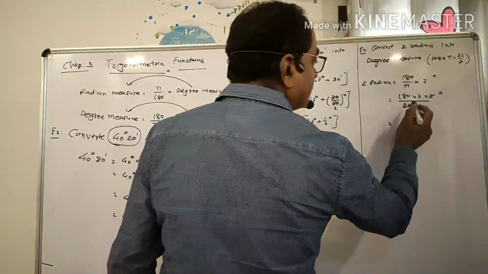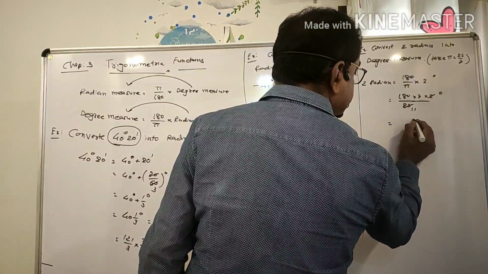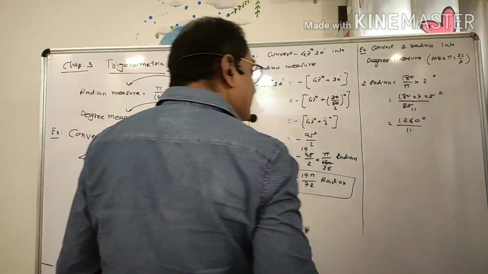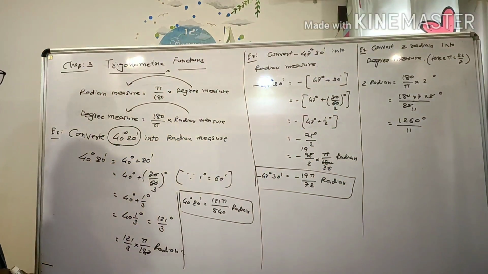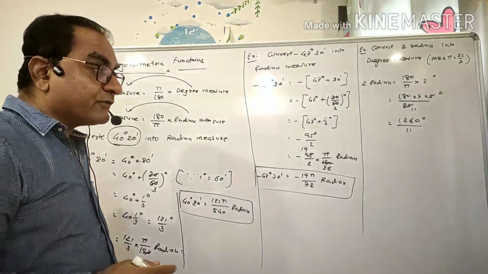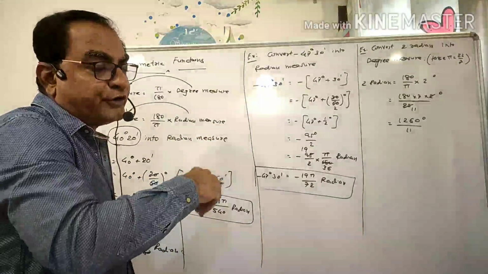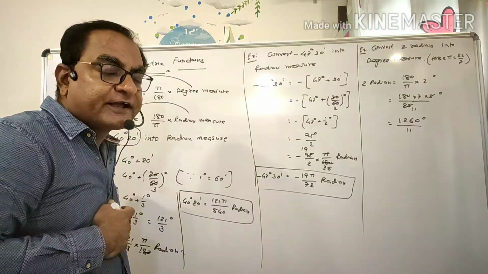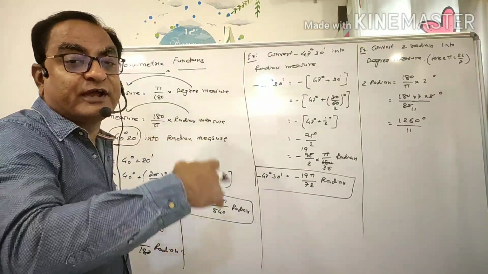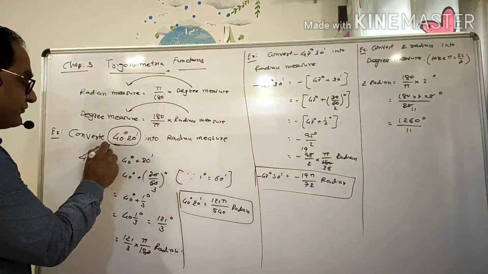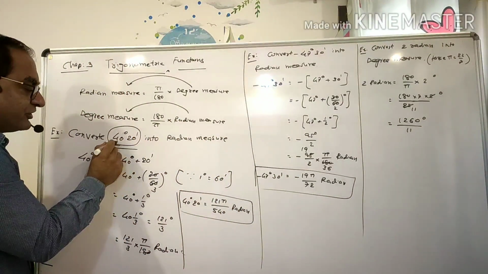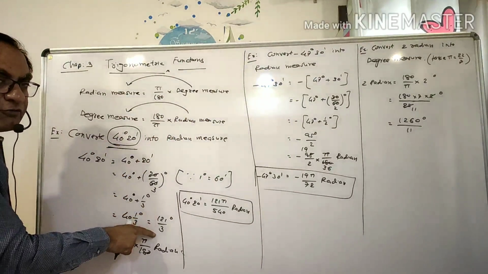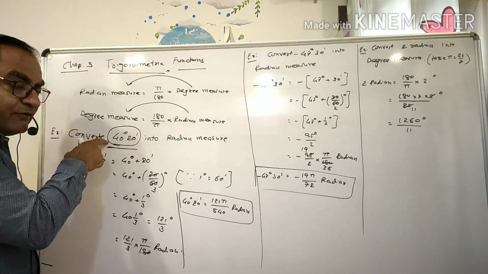so we have to put it like this: 1260 by 11 degree. Here it is 1260 by 11 degree, but it is not the answer. We still have to show it in an integer and sub-integer part. In case of degree, it will be degrees, minutes and seconds. Just as we mentioned 40 degree 20 minutes, which was equivalent to 120 1 by 3 degree.